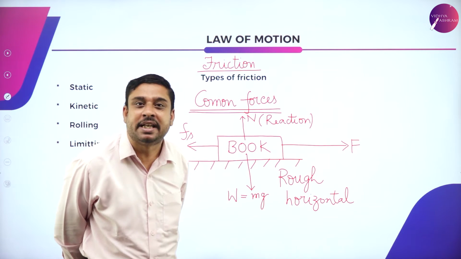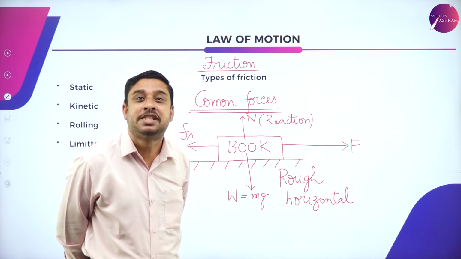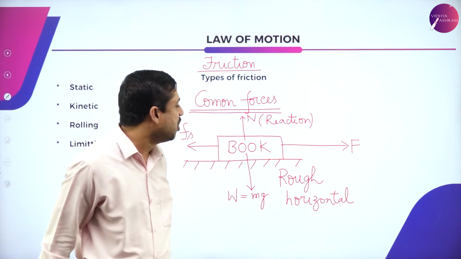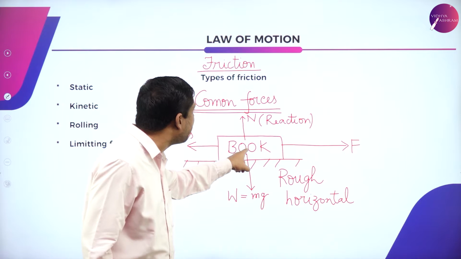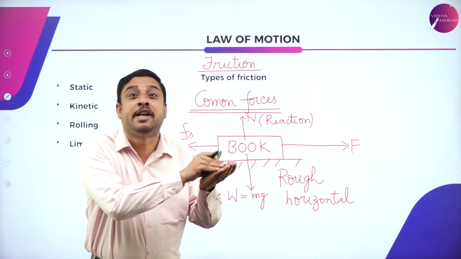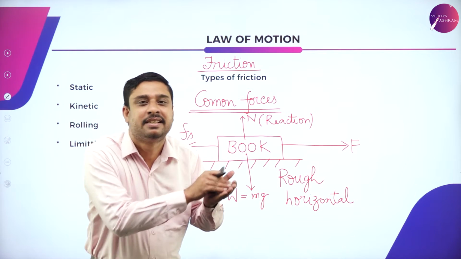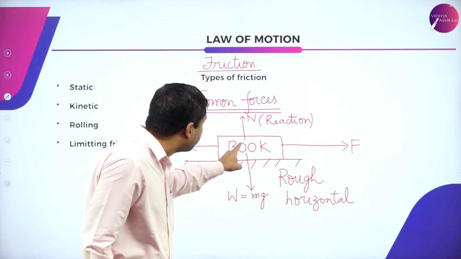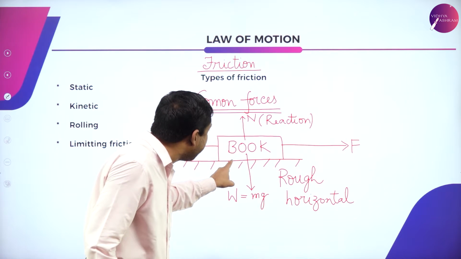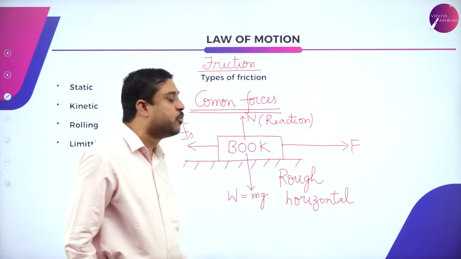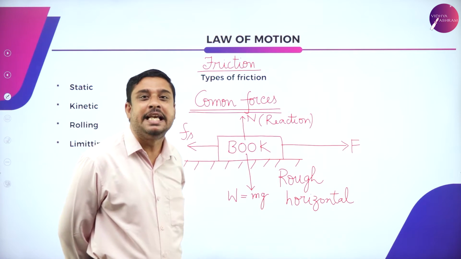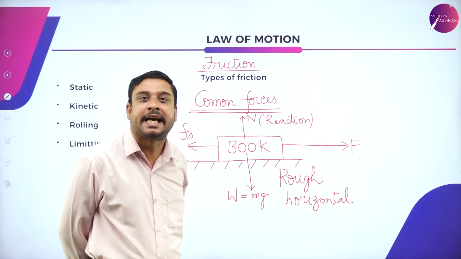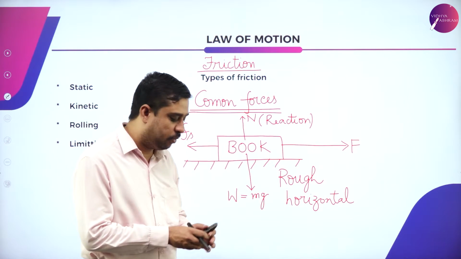So friction comes into the picture only when the two surfaces are in contact. The surface of the book should be in contact with the horizontal surface. Only then does friction come into the picture. Now,